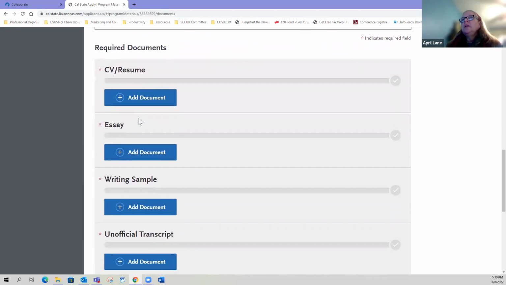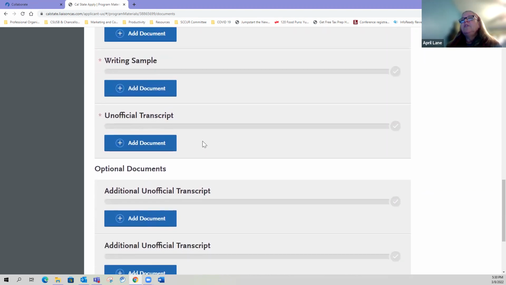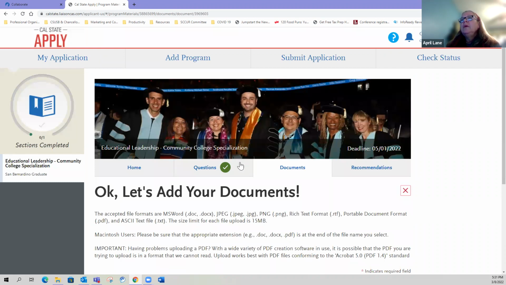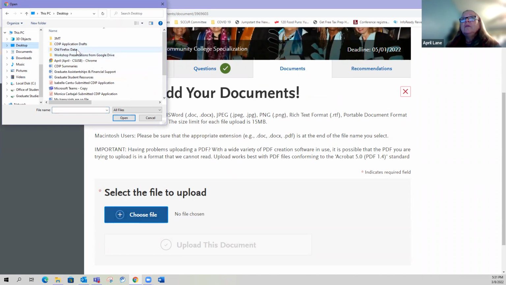These are very clearly marked, and in order to submit your application, you'll have to upload the CV or resume, the essay, the writing sample, and then the unofficial transcript. But if you are an alumni of CSUSB, say you got your master's here and your undergrad here, we don't need you to upload a transcript because we already have it on file, but it is required to get through the application. So a very simple workaround is to select Add Document, choose File,